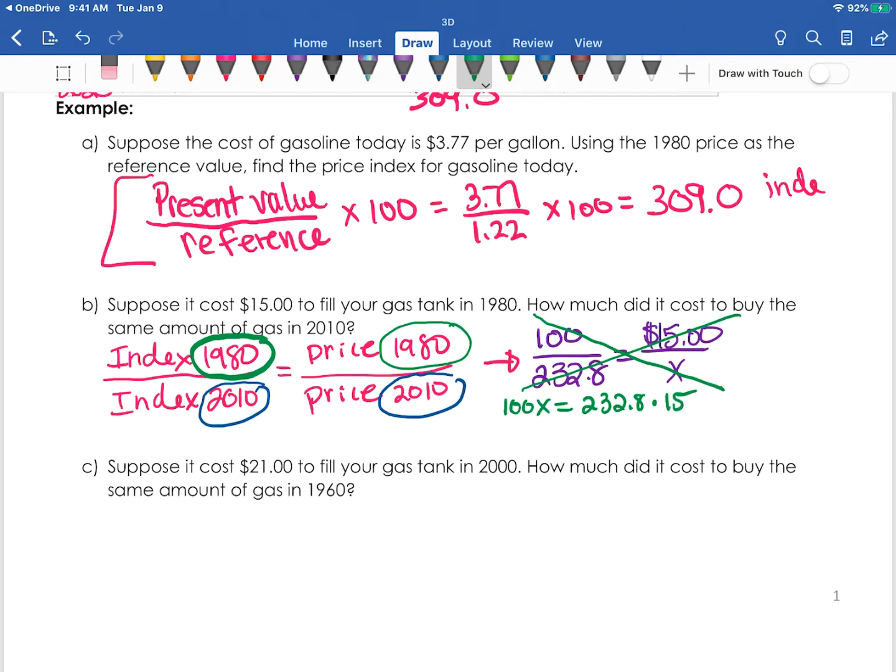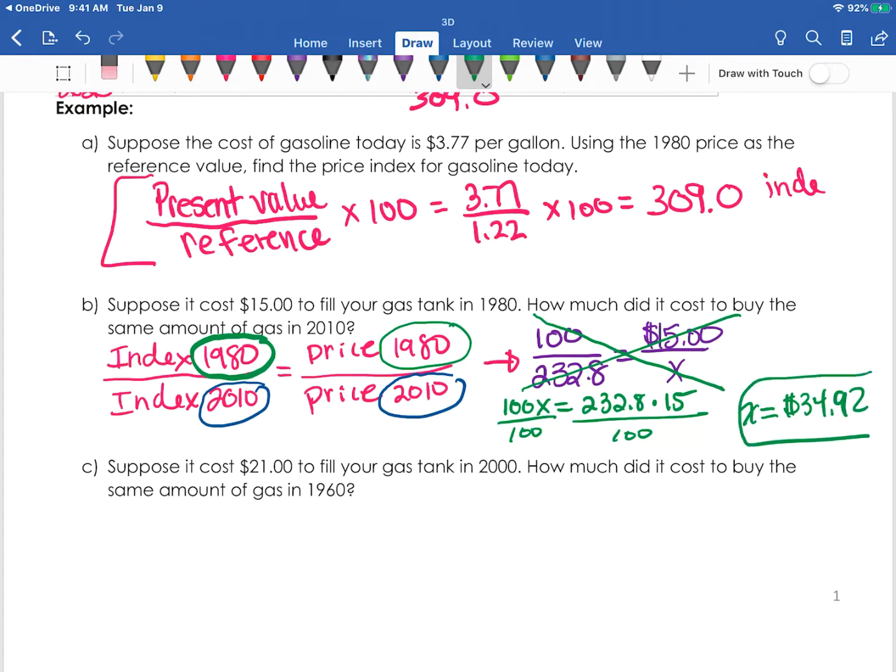Then to solve for X, I'm going to divide both sides by 100. So X is equal to whatever I get when I take 232.8 times 15 and then divide by 100. When I put that on the calculator, I'm going to get